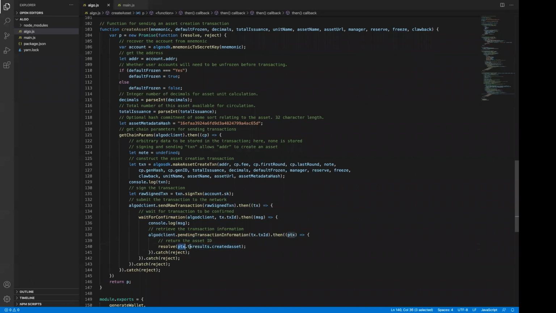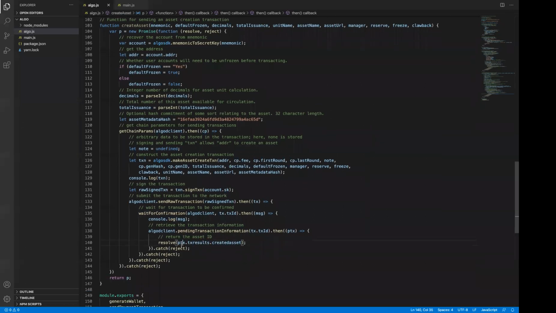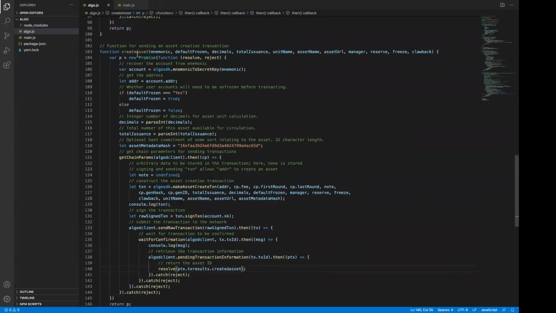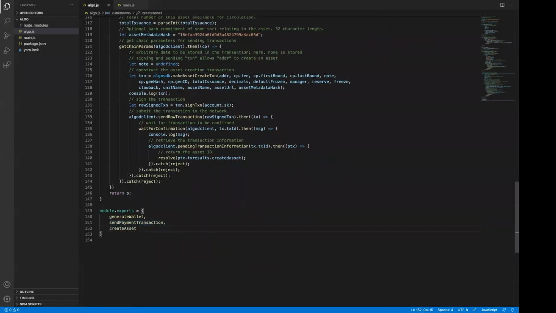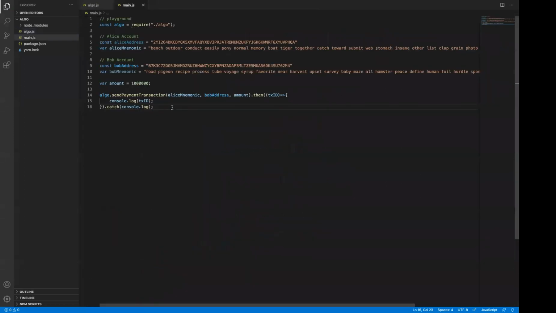And then at the end, you can just return the created transaction ID from this function. And then let's test how it works. We need to export it. Then in the main file,